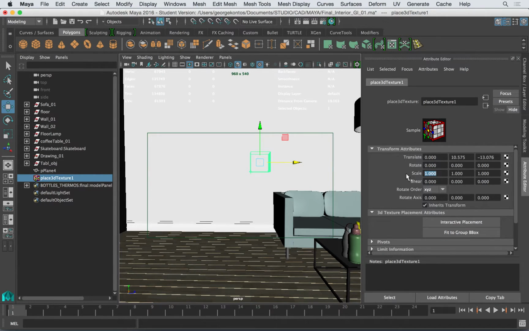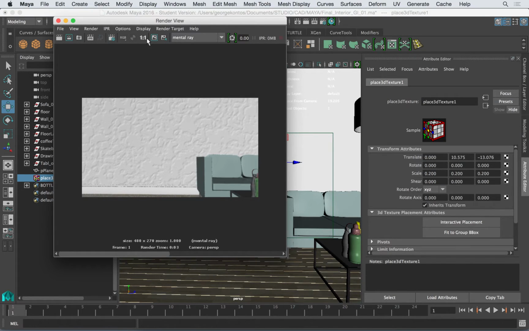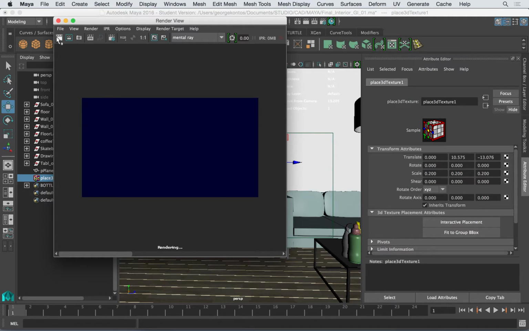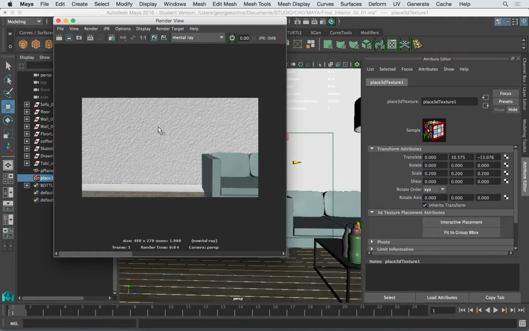I'm going to do it like 0.2. All scale, all universal scale, and I want to see what I get. It's a little bit better. Maybe I'm going to go 0.1, and then I'm going to make the bump map a little bit less intense,